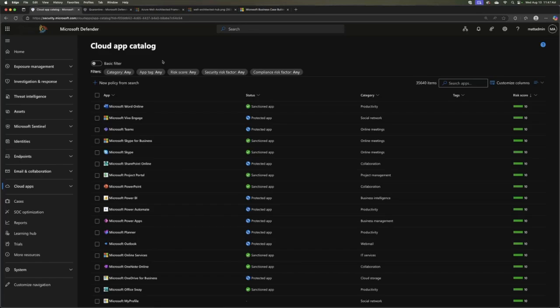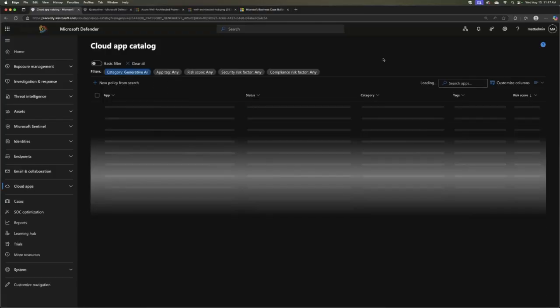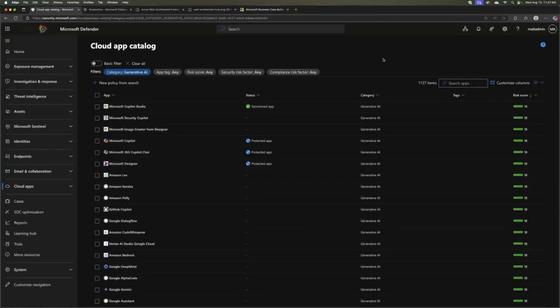So here, it finally loaded. Okay, let's filter in a category here. Let's go down to generative AI. This is our environment. So let's see what's going on with our employees. This thing's taking its time, but it's going to come back and show us. I know we're using ChatGPT and some other AI products. It's going to show us some AI products, and then I'll be able to see.